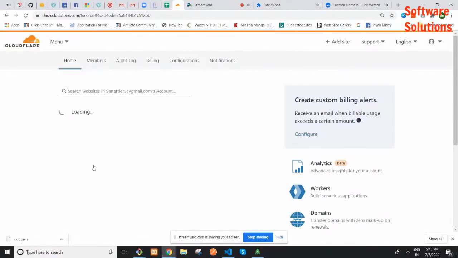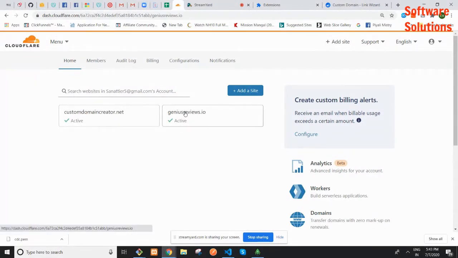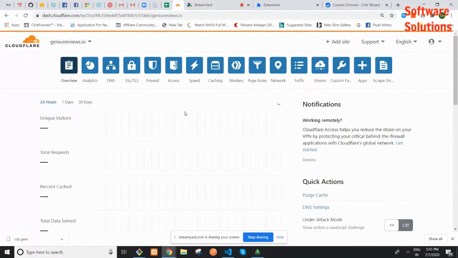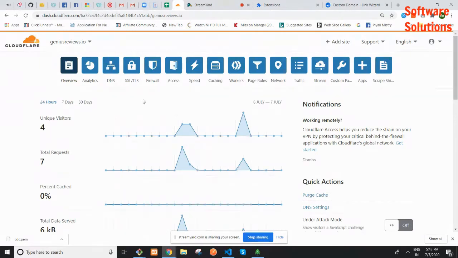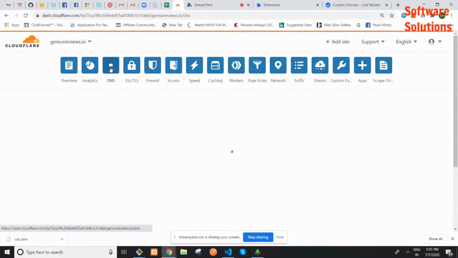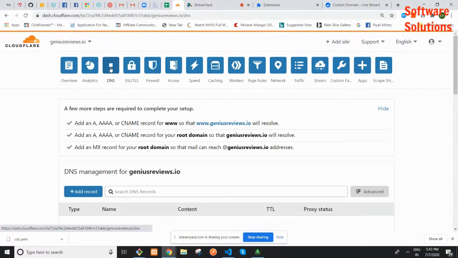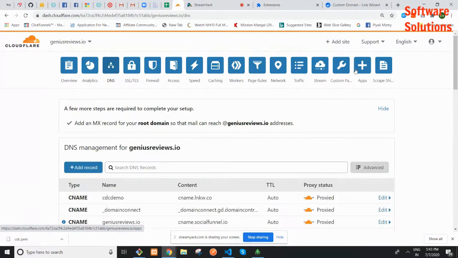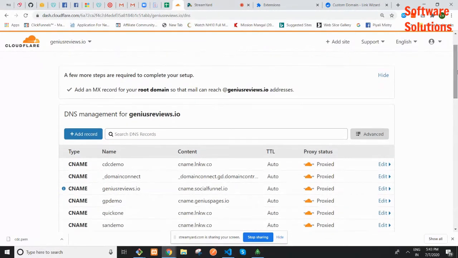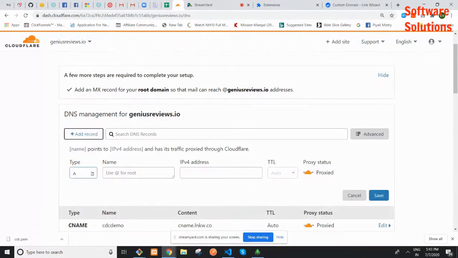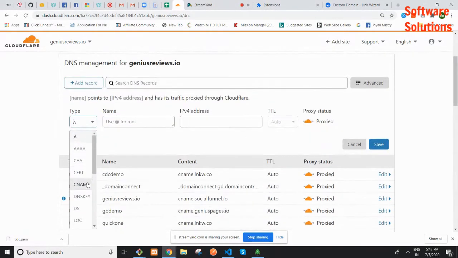Now Cloudflare loaded, so I do have only two here, and suppose on this I want to create that custom domain. So now this loaded. From there I have to go to DNS records, and I have to scroll a bit down. Then I have to click on add record. Then from these types I have to select CNAME